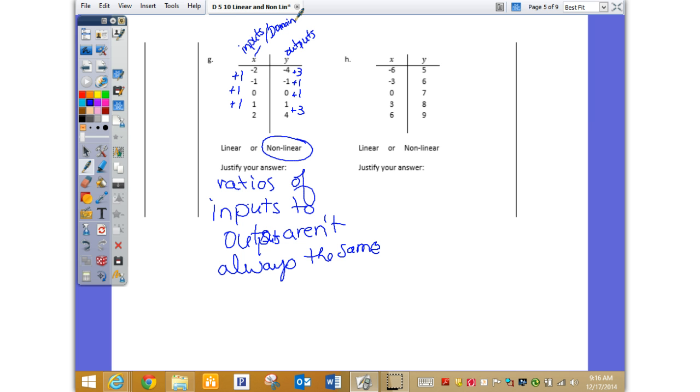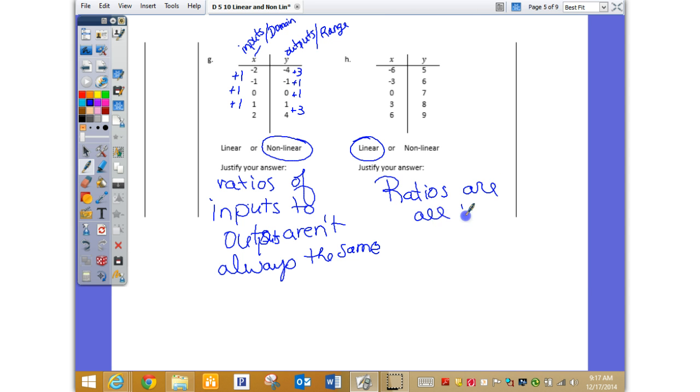Domain. That's another word for outputs. Your range. Okay? How about H? Linear or non-linear? Who says linear? That's what it should be. Why? Your ratios